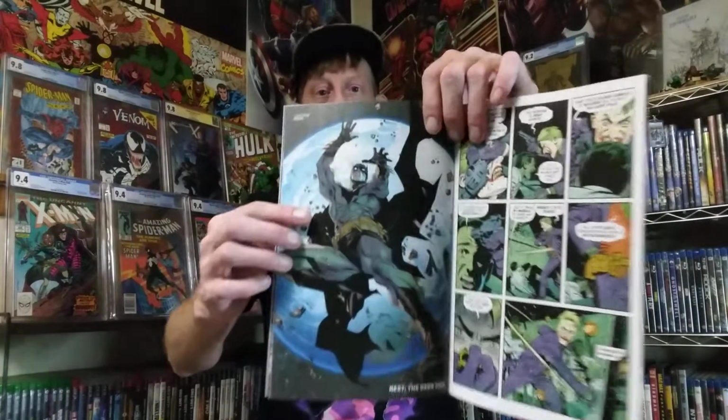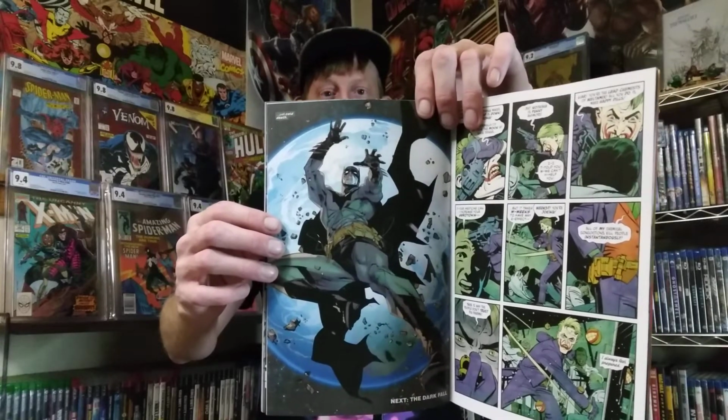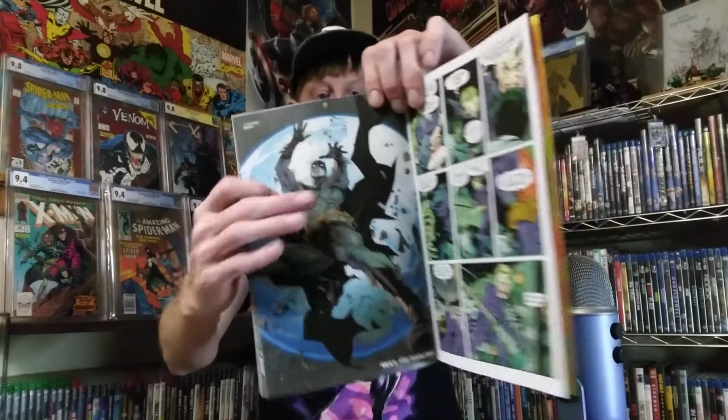Just cold death. As we see Batman as the last reveal, or the spoiler page, Batman's stuck in space, falling towards Earth, and it says next the Dark Fall. And then we have the backup story here, which is kind of telling the origins of Batman of Zur-En-Arrh, and we see Batman's kind of chasing Joker, and he's sort of having these weird visions from the Batman of Zur-En-Arrh,